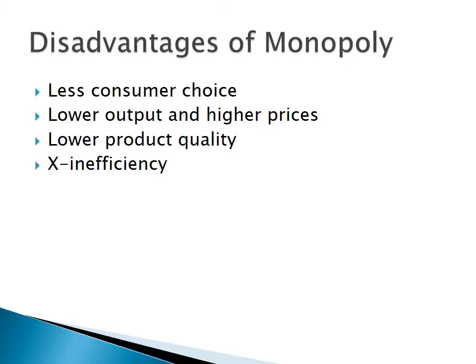The last disadvantage can be X-inefficiency, because a pure monopoly has no competitors and is able to earn abnormal profits. It may make less effort than a competitive firm to ensure that its resources are used in the most efficient way. This means the monopoly may manage inefficiently and its production cost may become higher. This is called X-inefficiency, or we can also say organizational slack.